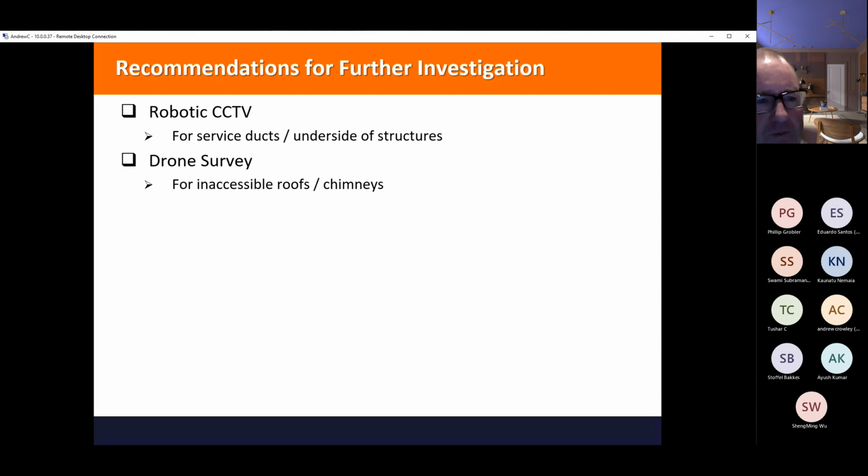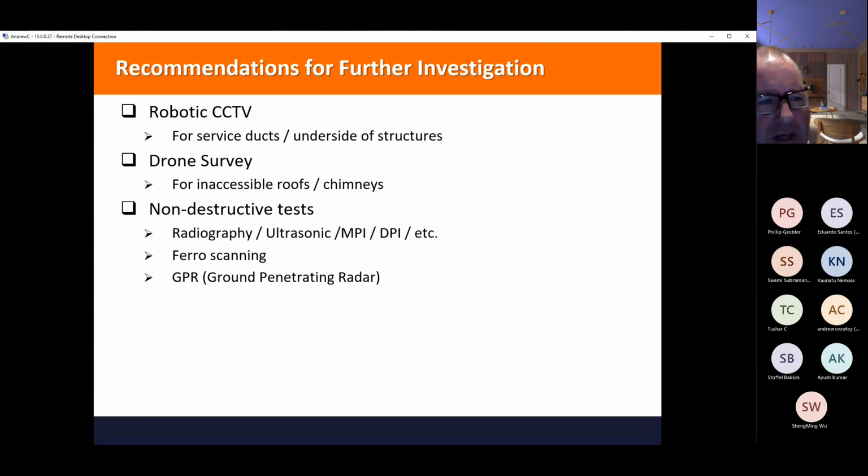If you want to get up the roof but don't have time for full accessibility, then a quick view could be done by using a drone survey. And there are a number of specialist companies around New Zealand that will provide that. And it'll do a nice video to show you the roof. Again, it's limited, but it's better than nothing. And particularly very useful for chimneys, because you really don't want to be climbing up chimneys.